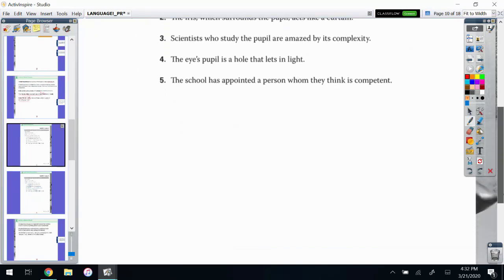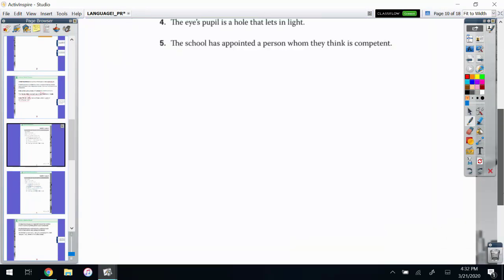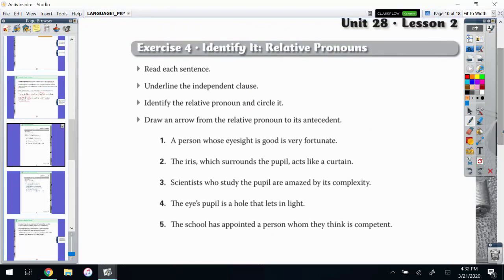Go to page 157 in your interactive text and listen to the directions. Read each sentence, underline the independent clause, identify the relative pronoun, and circle it. Draw an arrow from the relative pronoun to its antecedent. Let's do the first couple together. Number 1,